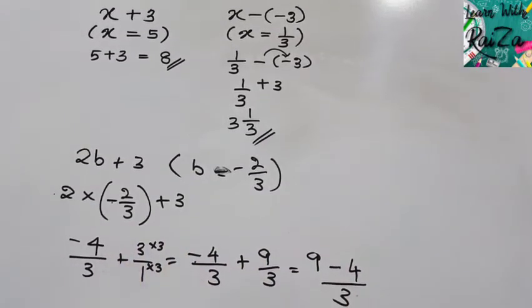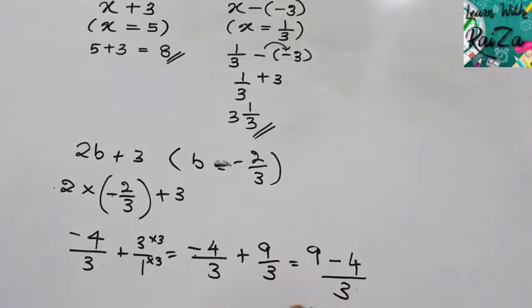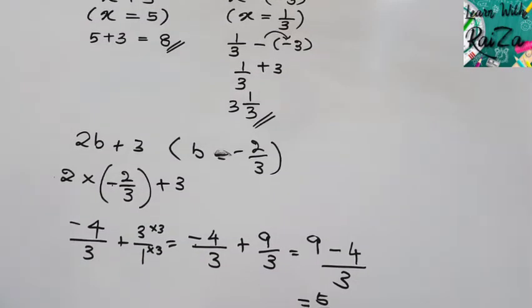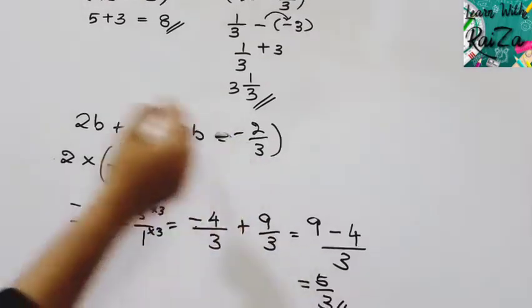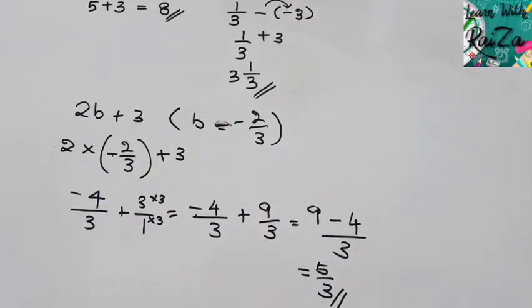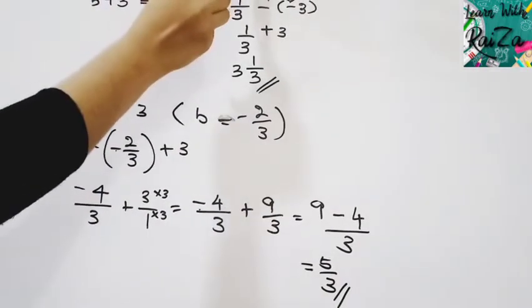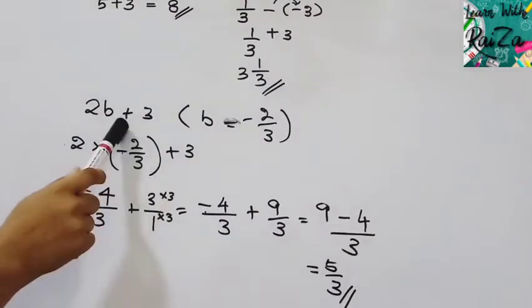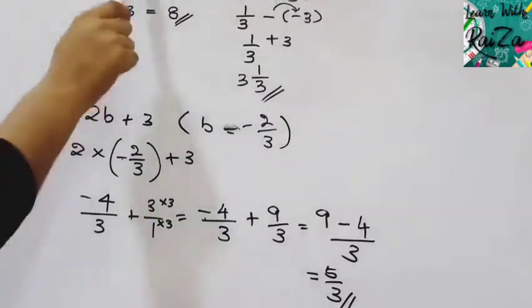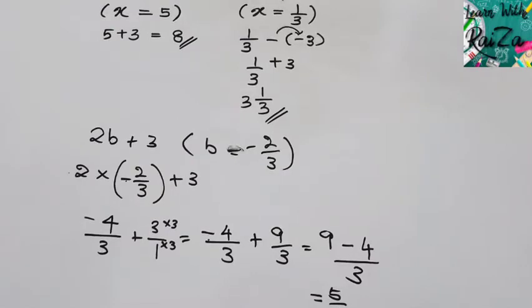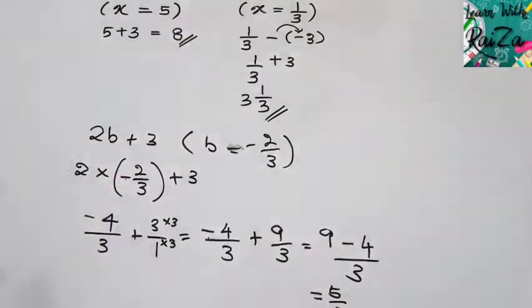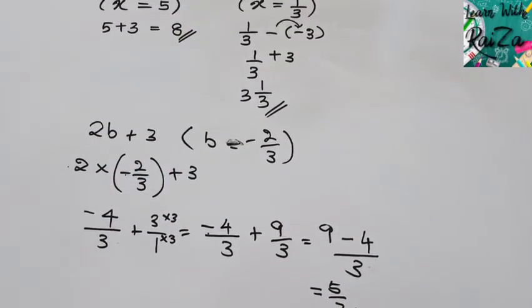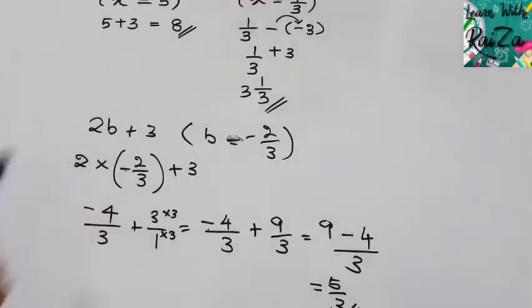So 9 minus 4, that is 5. Answer will be 5 over 3. So this is the substitution of the negative value. Now you saw here there are two relationships, negative and negative. Here also positive and a negative substitution. Here it is automatically positive. So in these situations you should be more careful when you are doing the substitution, because multiplication of symbols is very